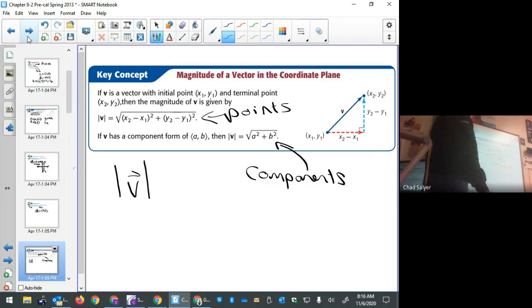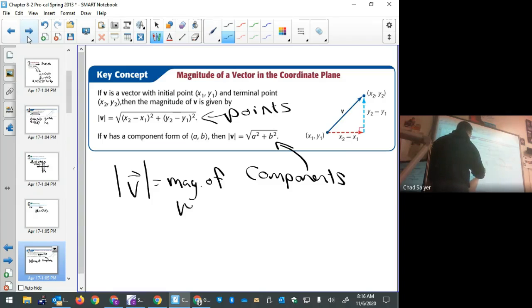So this symbol gets a lot of work. First of all, in arithmetic, it's the absolute value. With matrices, it was the determinant. You remember that? And now with vectors, it's the magnitude. So this can mean 3 different things based on context. Here, of course, we're talking about vectors, and so this is the magnitude